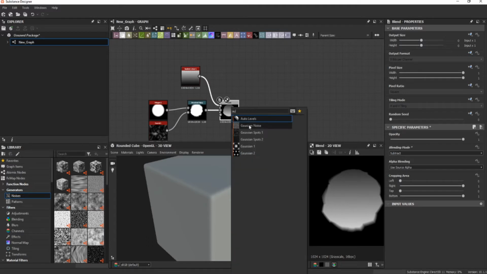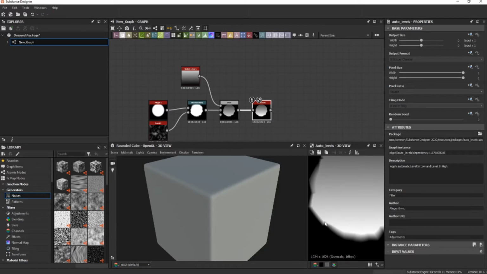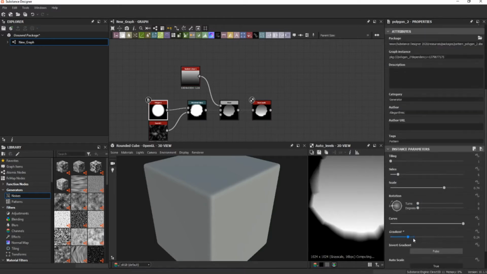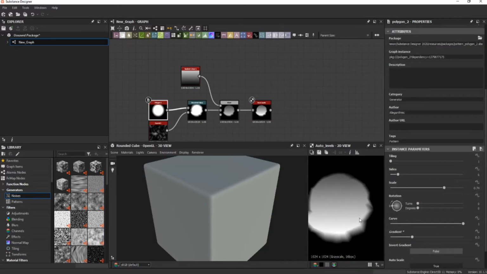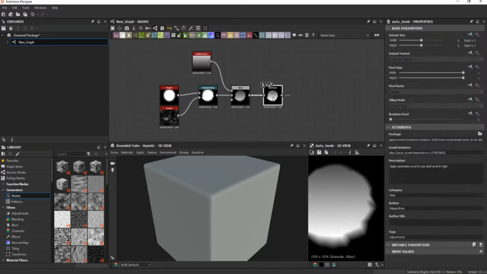After that I will create auto levels just to make this point more brighter than this one. Maybe I can decrease a little bit the gradient. Okay,